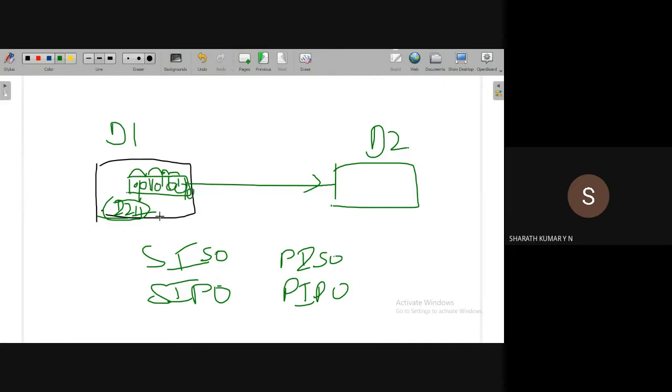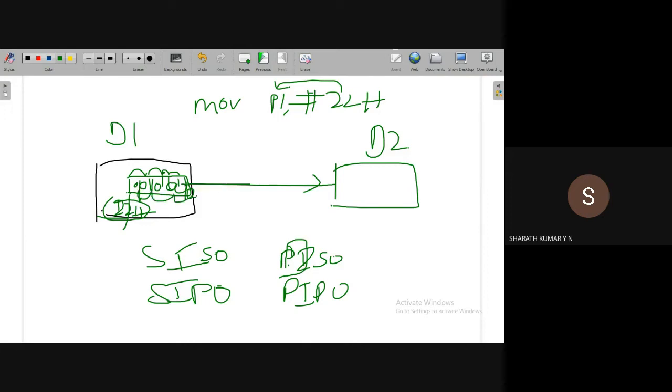0010 22H. This data is stored in parallel, correct? For example, let us take one example: MOV P1, #22H. That means the data 22H is stored into port P1. That means we are transferring the data in parallel. But the data should be transmitted serially.